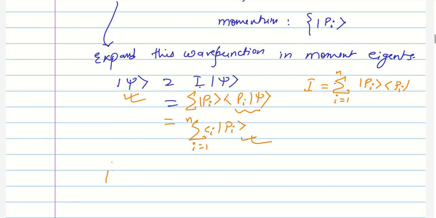So this wave function you can write in position basis also. So in that case, what will happen? There will be some other coefficient. Let's suppose ti and all these position bases are possible. So you see, there are many ways you can represent this wave function. So you can represent it in any basis.